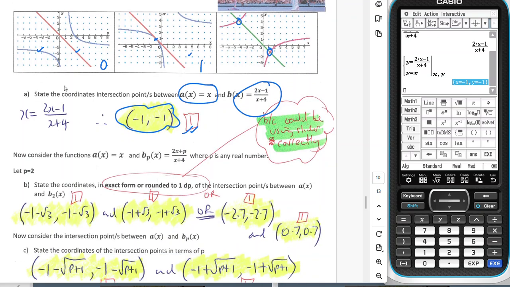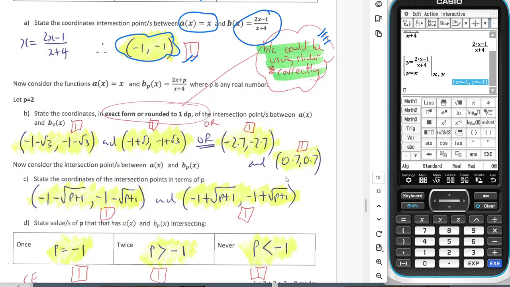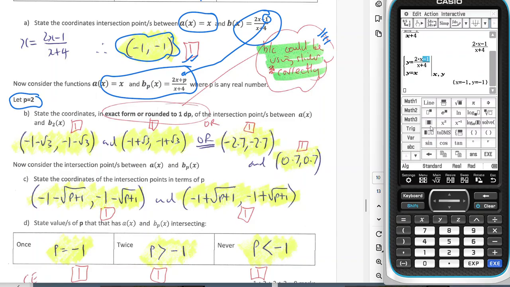Because some students might have used a slider last year, we also accepted 1 decimal place in the second bit because they might have used the slider to get the answers. So when p equals 2, what we're now doing is we're replacing this number here with the letter p. If I replace this with the letter p,